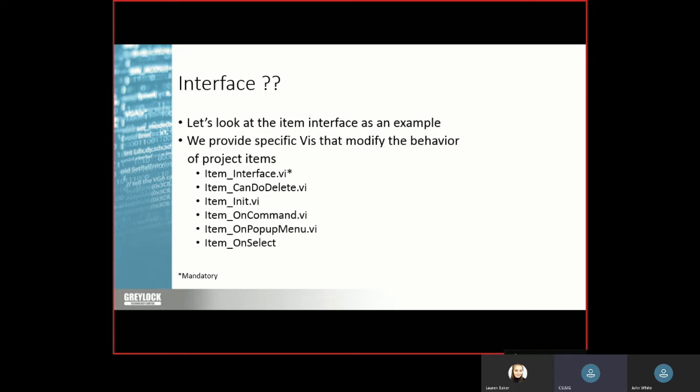The only one that's mandatory is the item interface, where we define the things that we're going to provide. We have to tell LabVIEW, I'm going to provide a right-click menu and some custom behavior associated with that. So